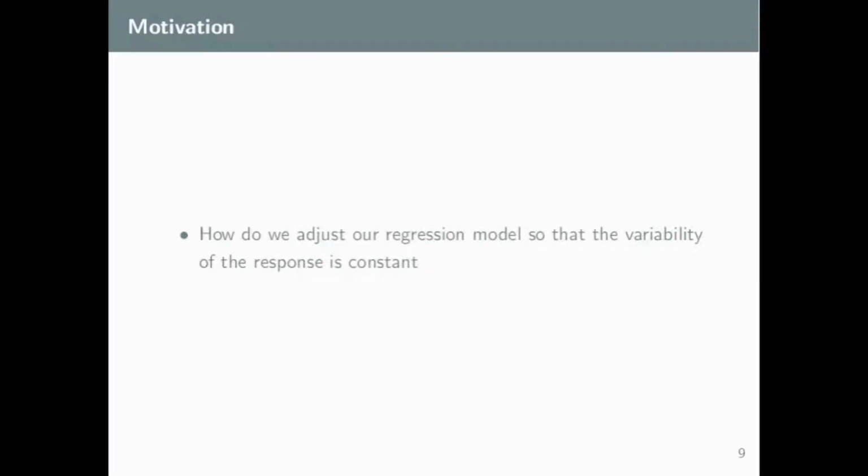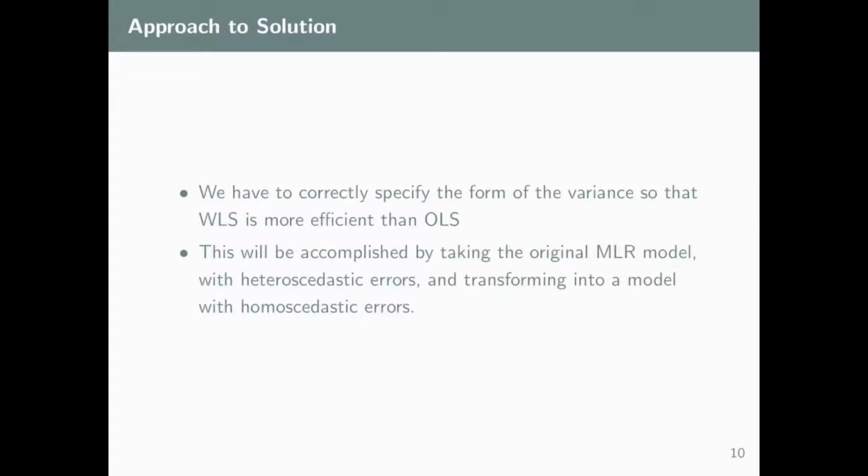Our motivation for weighted least squares technique is now clear. How do we adjust our regression model so that the variability of the response is constant? In order to solve this problem, we have to correctly specify the variances so that the weighted least squares model is more efficient than the ordinary least squares model. This will be accomplished by taking the original multilinear regression model with heteroscedastic errors and transforming it into a model